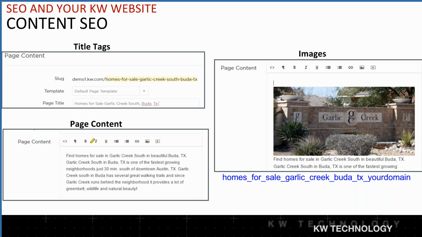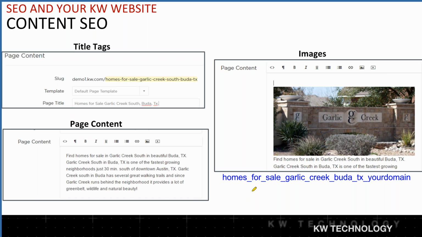Great question. Now, the next thing I want you all to notice is we're going to add a picture. This is our picture. We took this picture of Garlic Creek. We're not going to steal pictures from the internet. We're going to own the pictures, or of course we can also buy them. If you're working in your local niche, your local area, it's always best to take your own pictures and then save those pictures to your hard drive.